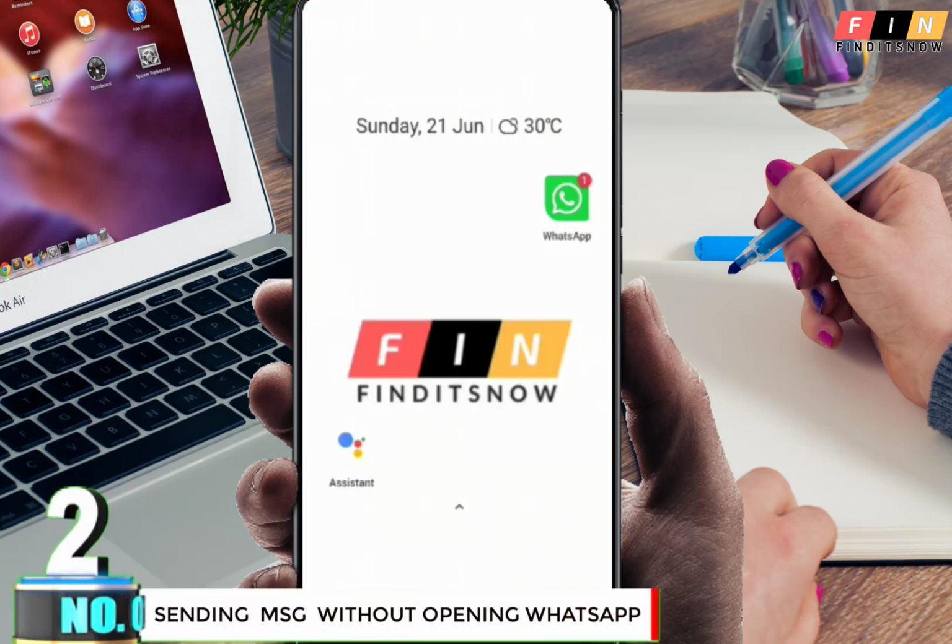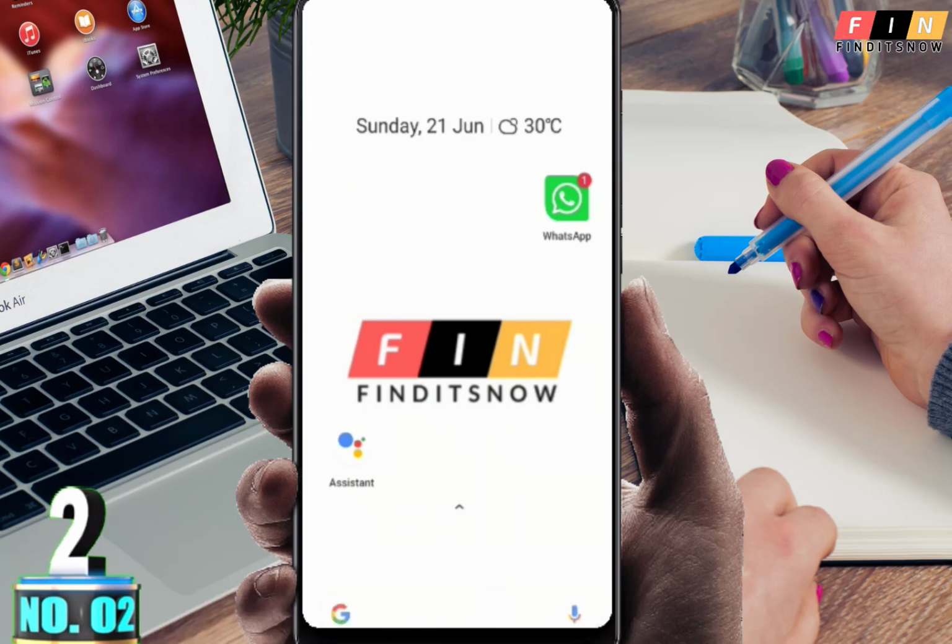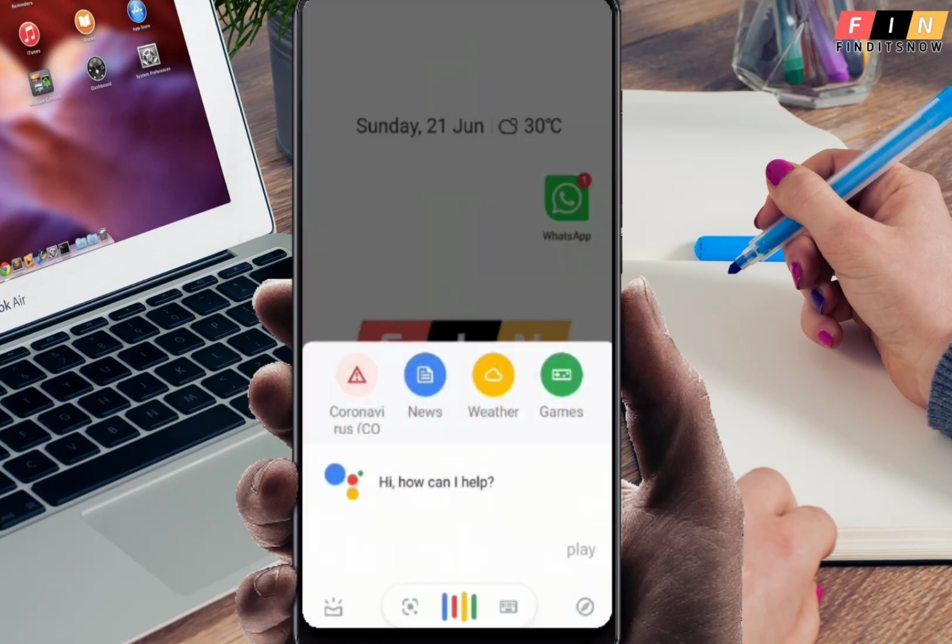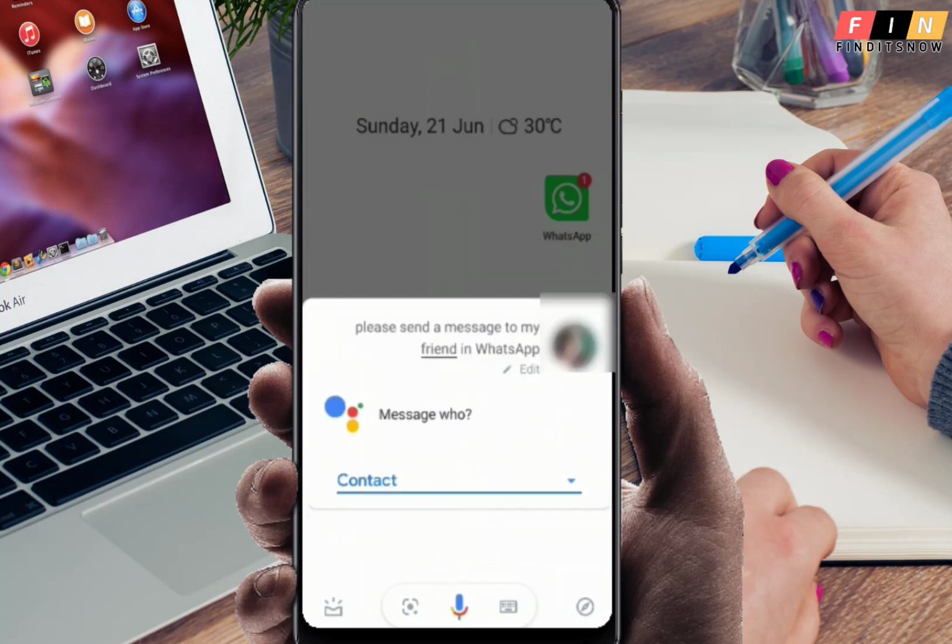Now let me show you how to send a message to your contacts without opening WhatsApp. Open your Google Assistant. Please send a message to my friend in WhatsApp. Who do you want to message? Swati.